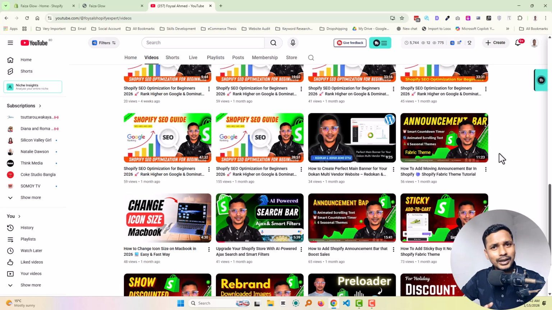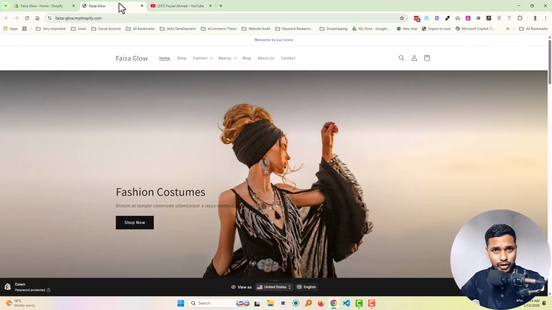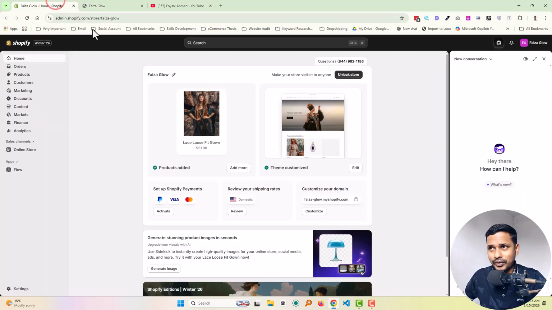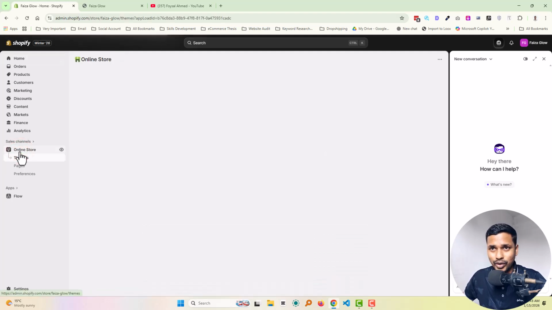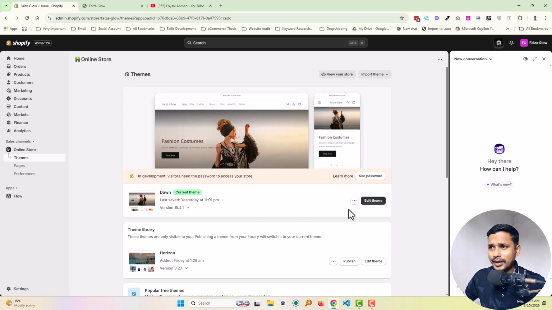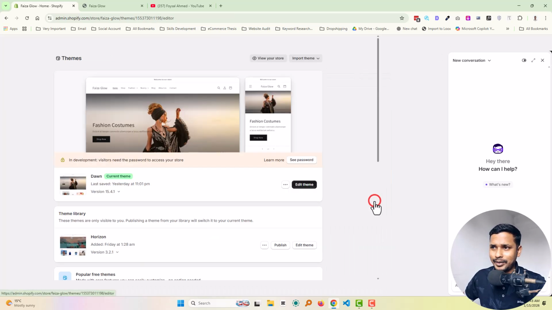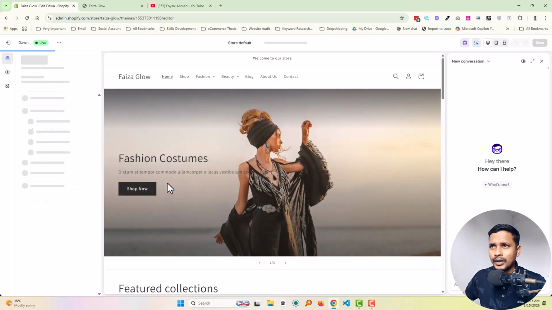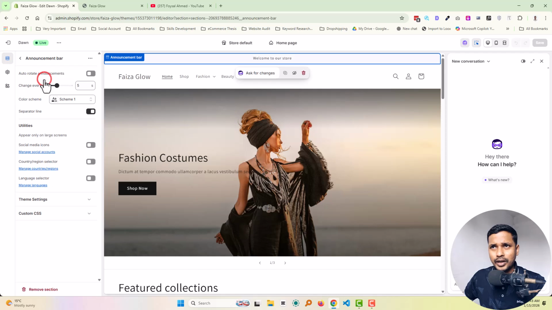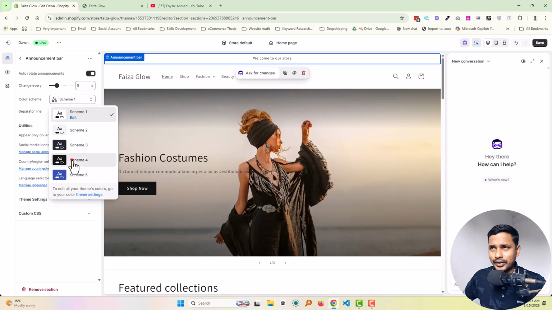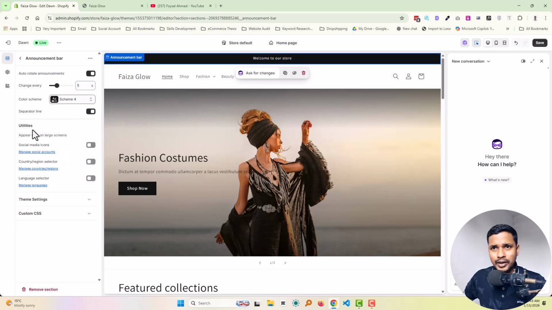Okay, another thing is that you can customize it using their default features. There are some features that you can use to customize. For example, let's go back to the online store. Okay, I am right now in the theme customizer section and I click on edit theme, and here is the announcement bar. We can customize it. For example, we can add auto rotate. You see, we can also change the color scheme. This is the default feature, but